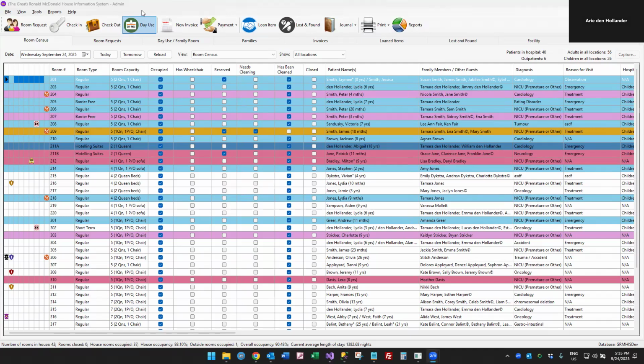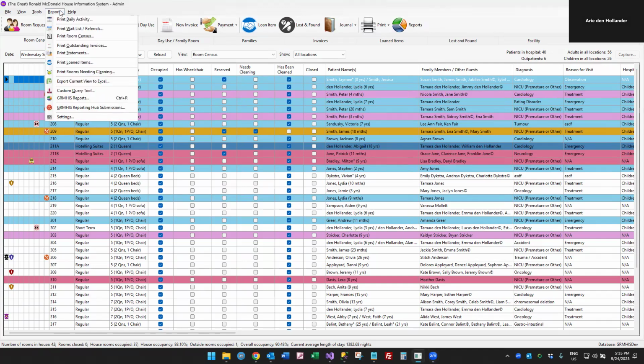The GRMHIS Reporting Hub has been enhanced to give you some additional tools to help you manage where you are in the process of your submission, as well as to be able to print a copy of your submission or generate a PDF of your copy of your submission for sharing in the office, say with managers or so, to verify the information. So just as a reminder, to get to the GRMHIS Reporting Hub, it's under the Reports menu,